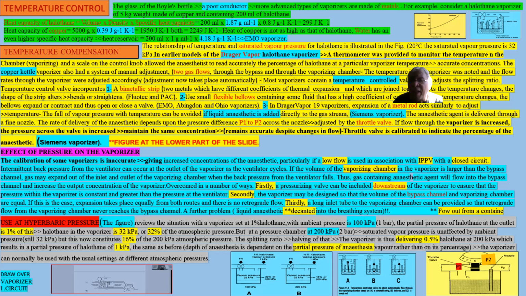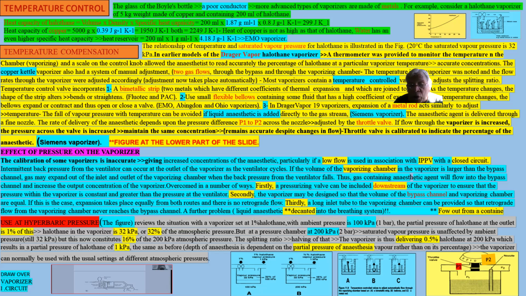But this 0.5%, though it's less, has a high density and the same pressure, because as we said, the saturated pressure is not affected except by temperature. So this 32 kilopascal, whether at normal atmospheric or double atmospheric pressure, is important, because anesthetics work by the partial pressure